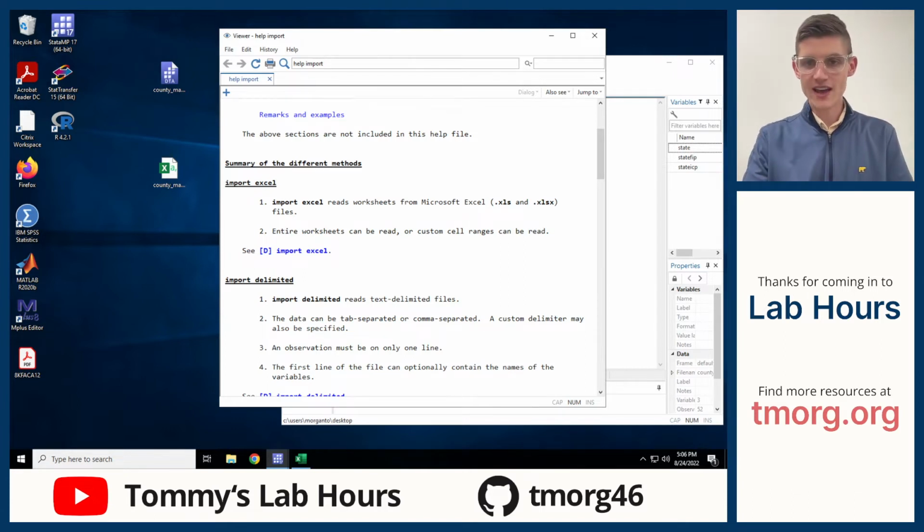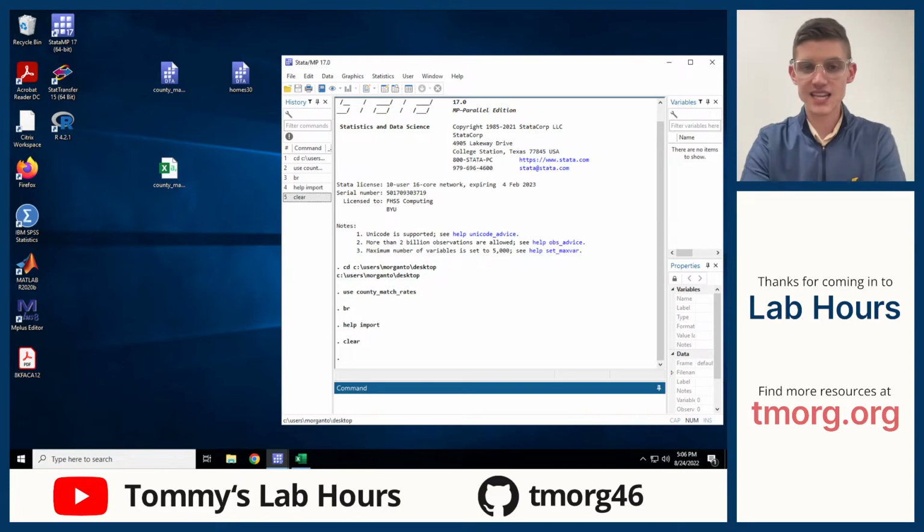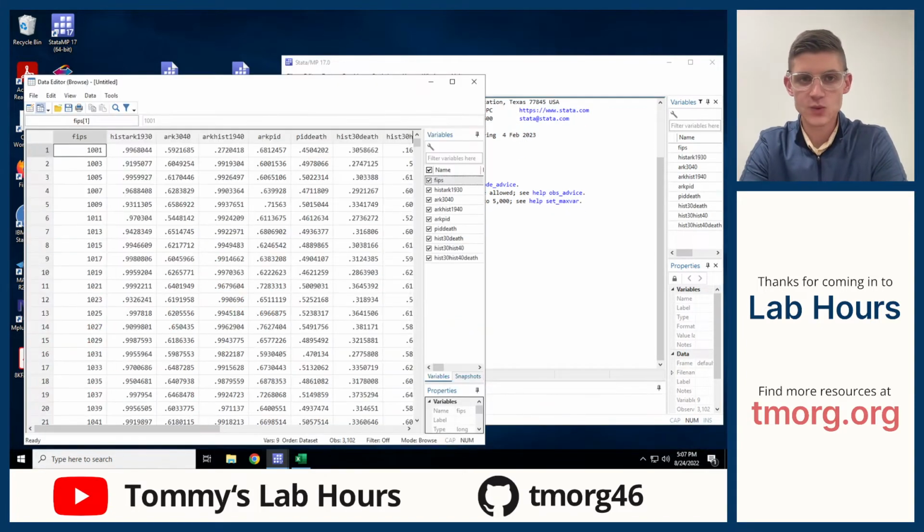So we have a comma-separated values file that we'd like to open. So instead of using use county match rates, let's clear what's in the data set, and we will do import delimited using county match rates. And now when we go to the browse, we will see this looks pretty much exactly how we expected it to look. This is the correct